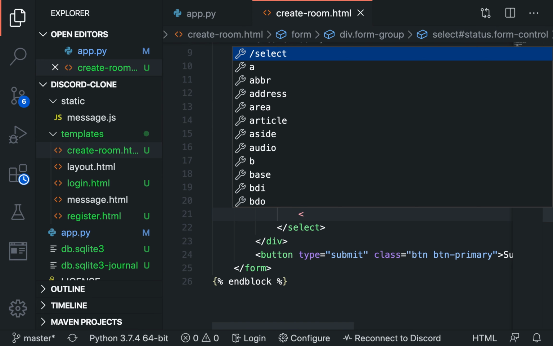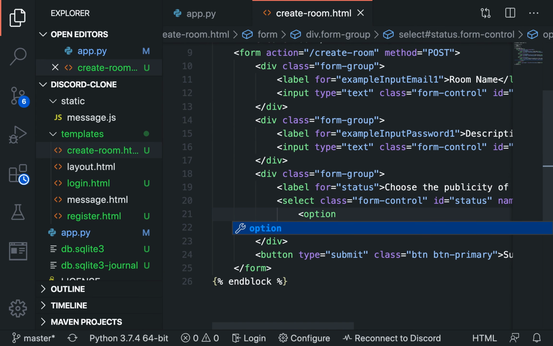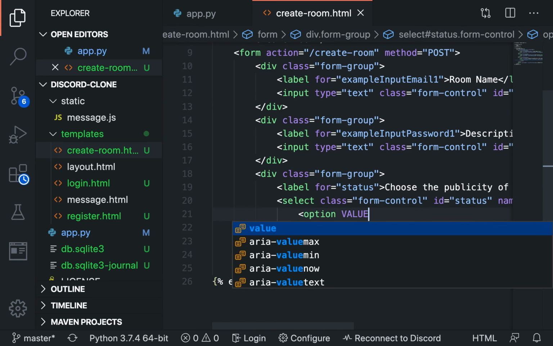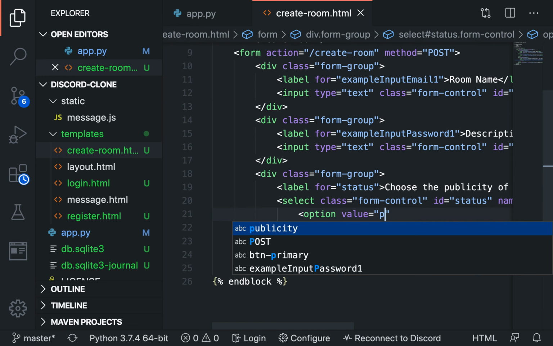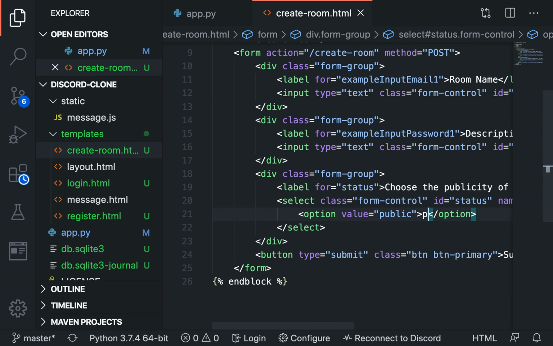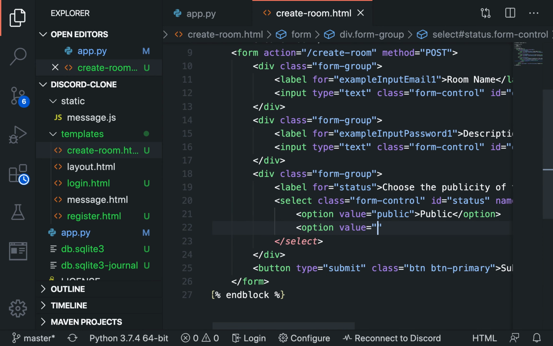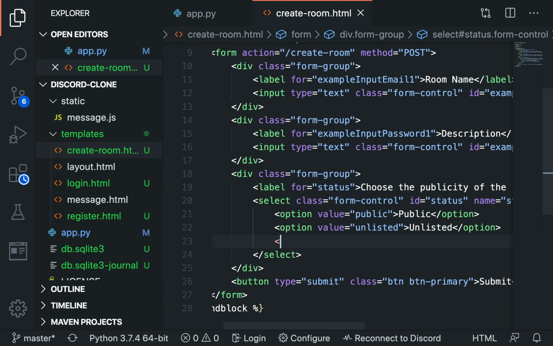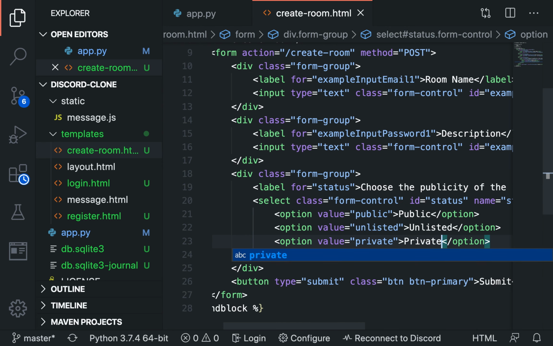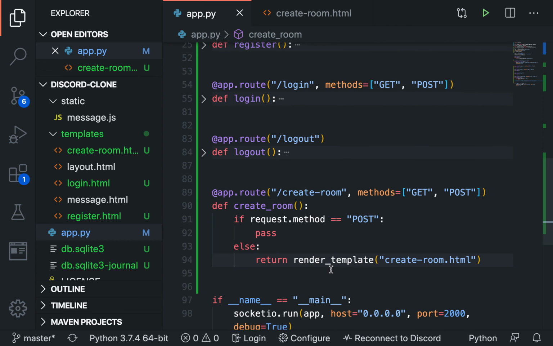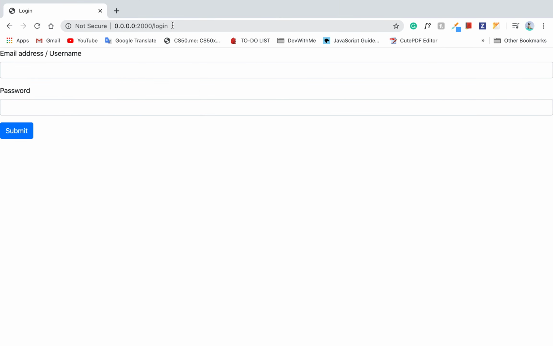we will say option. Add a few options here, only 3. We will implement private in the next video. Let me see. Okay, so option value public. So we'll say Public. Option value unlisted. Unlisted. Option value private. And then Private. Alright, so now if we go ahead and try this out,